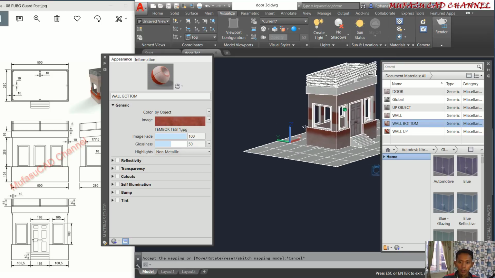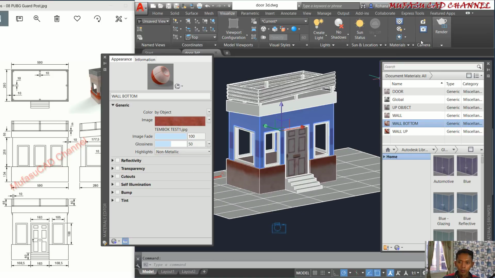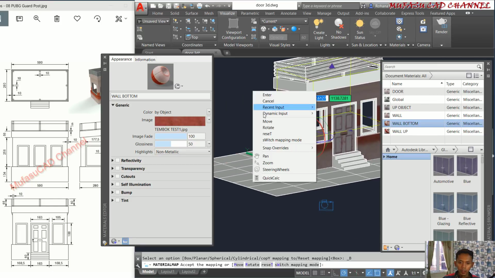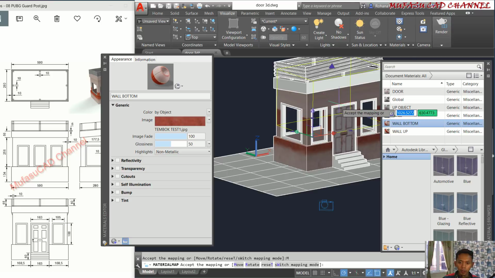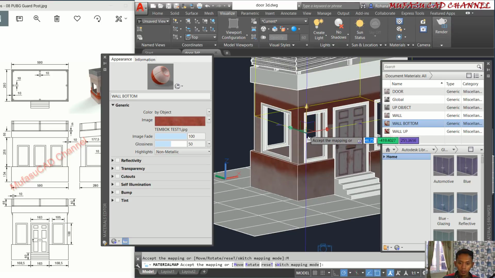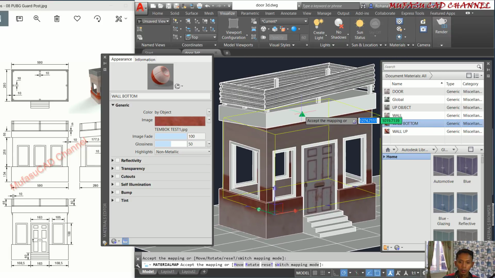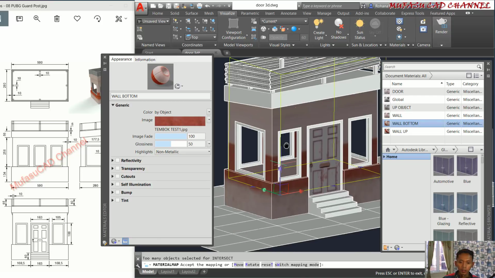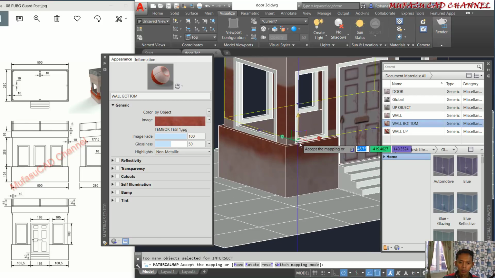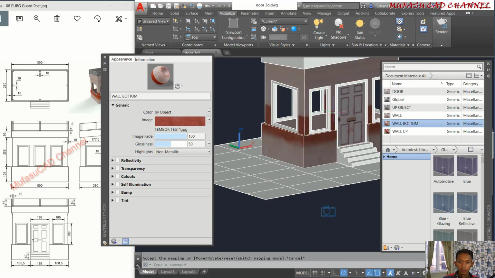Okay, and then we move this texture with box mapping. You can right click and choose the move option again. I will move to the bottom. Okay, you can move to this point. Okay, next you also can move from this mark, move to the top. Okay, and we move this point to the bottom. Okay,